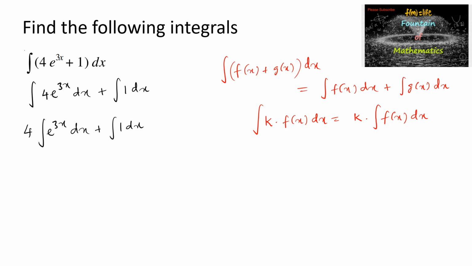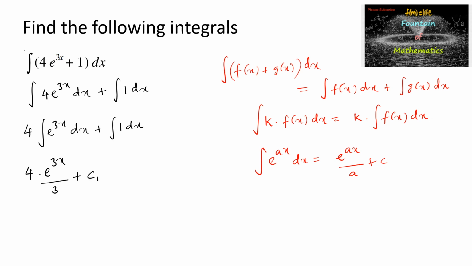Next we also have integral e to the power of ax dx is equal to e to the power of ax upon a plus c, even by the inspection method we simplified this in the earlier problems. So here I can write 4 times e to the power of 3x upon 3